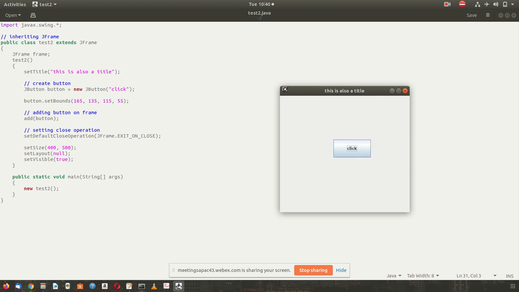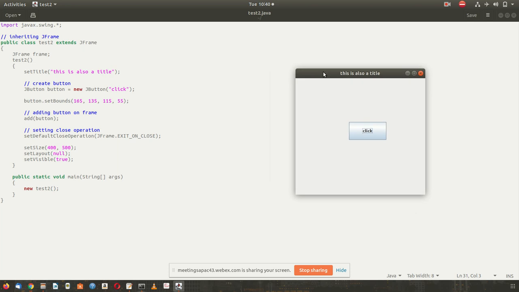So in order to get this button, first we have to create this frame. Inside this frame you can see that a text is written here. This is also a title, so this needs to be changed.